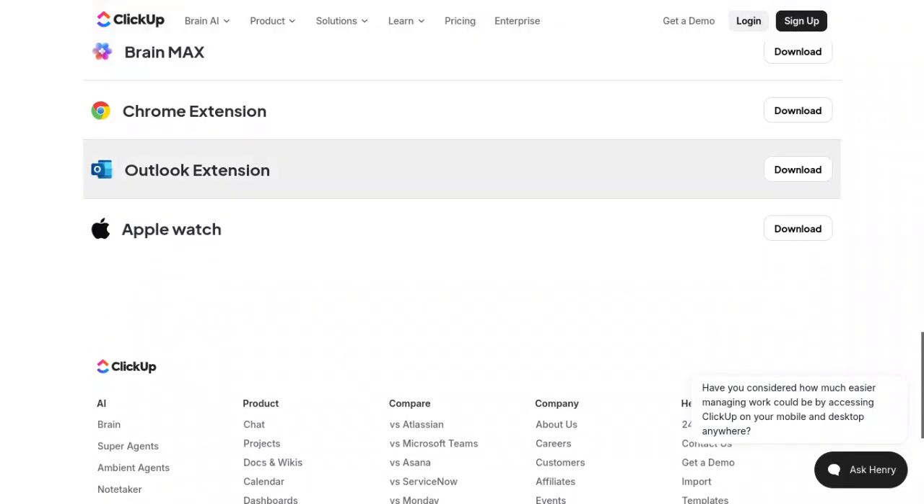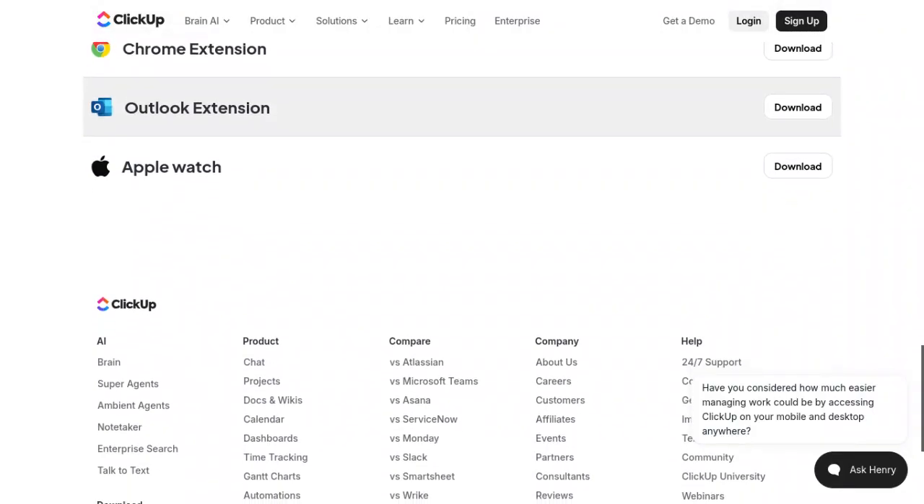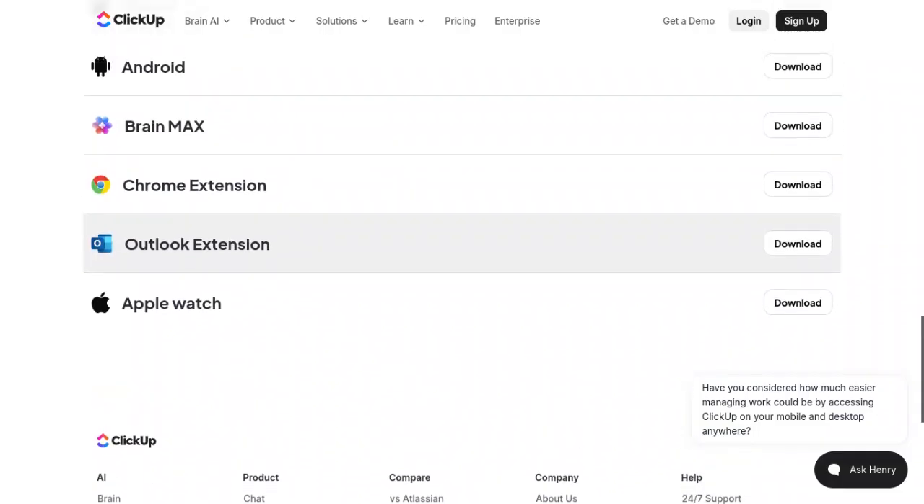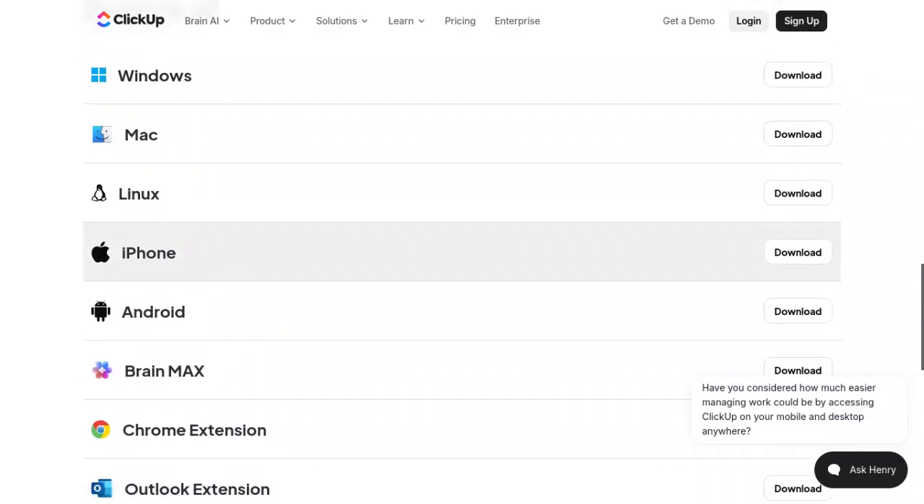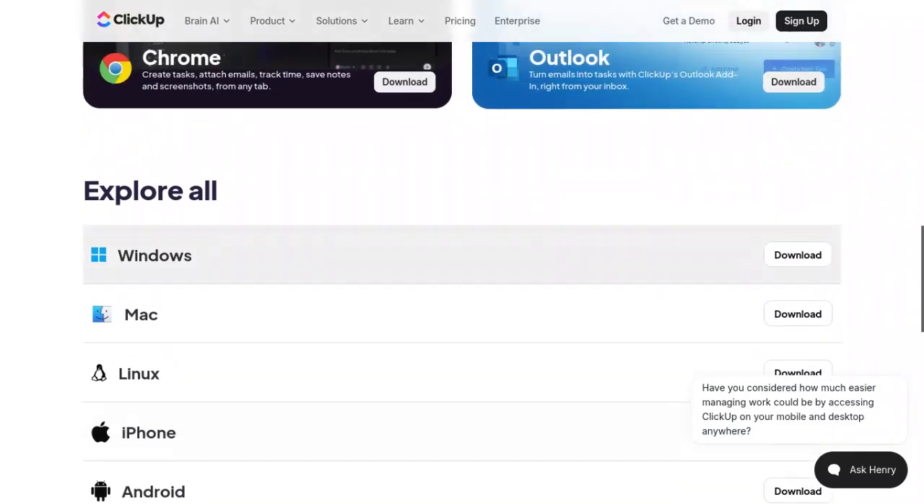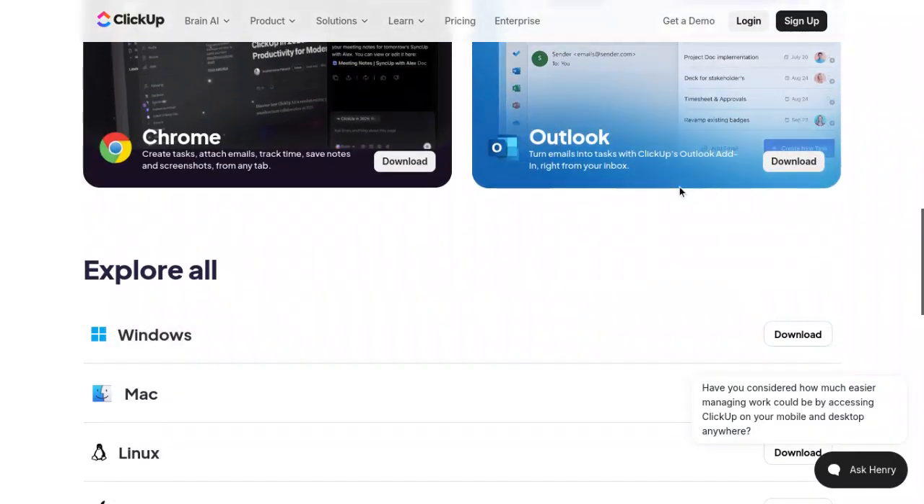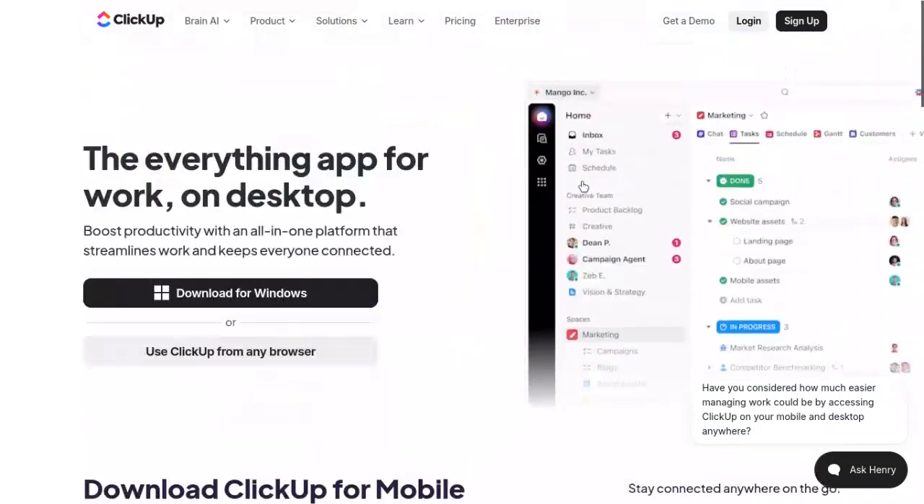The experience is consistent across platforms, so your tasks and projects stay in sync no matter where you open them. If you ever switch devices, just sign in and pick up right where you left off. Remember, you can still use your browser to access ClickUp without downloading anything. The web app is fully featured, and it's a great option if you're on a shared